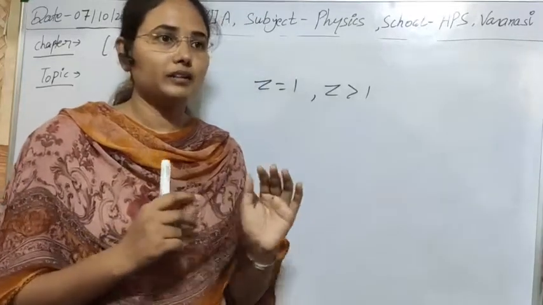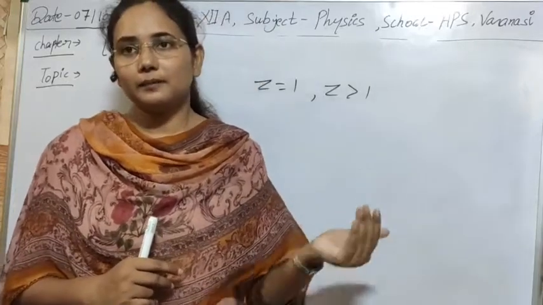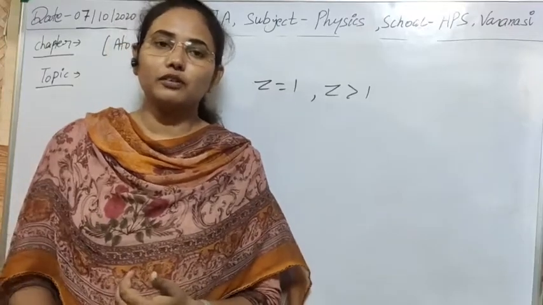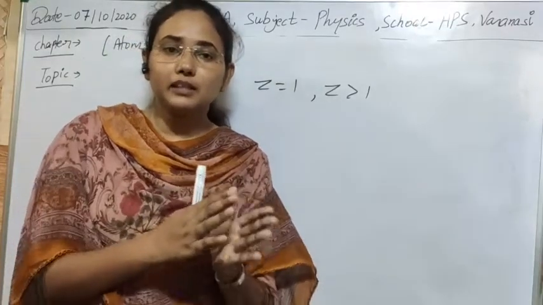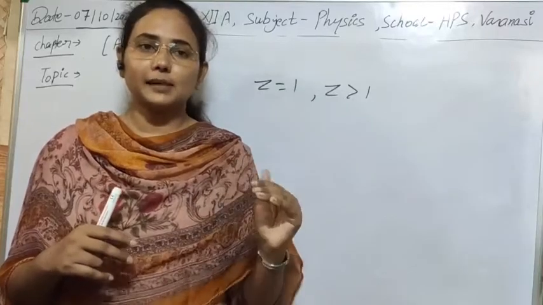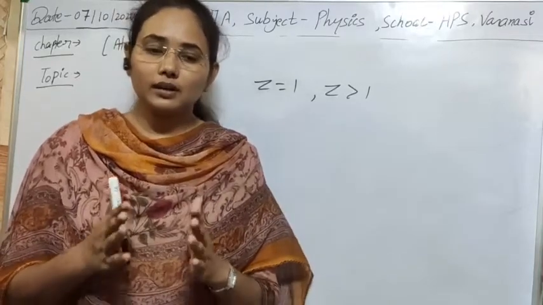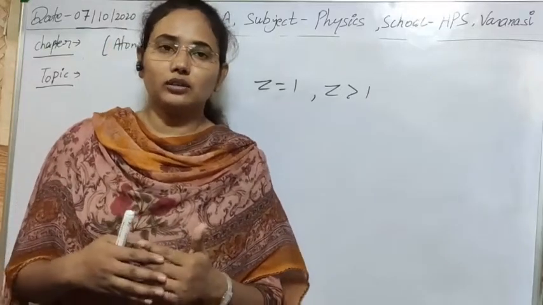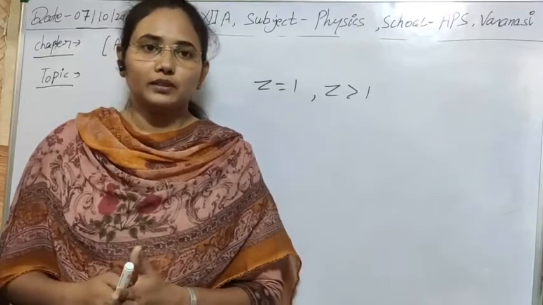And don't think that the Bohr model was not accurate. It was very important for removing so many discrepancies of the Rutherford model. It even gives the stability of the atom. This was an atomic model which can be accepted for many things, and we explained a lot of concepts with the help of the Bohr model. But there were also a lot of concepts which we couldn't explain with the help of the Bohr model.